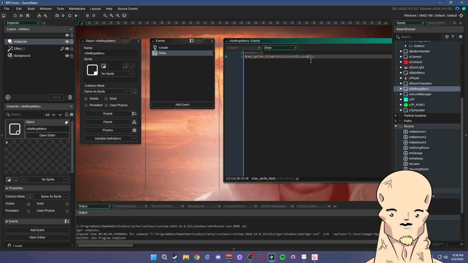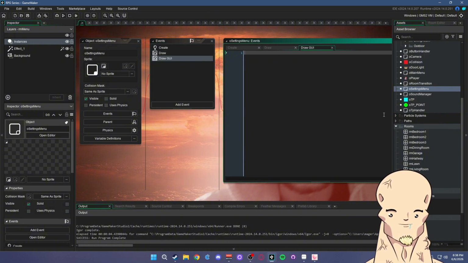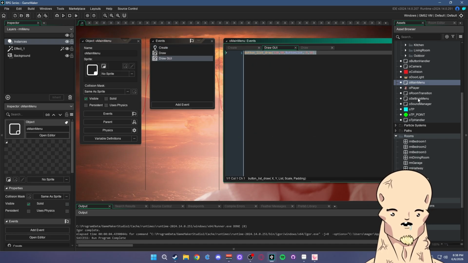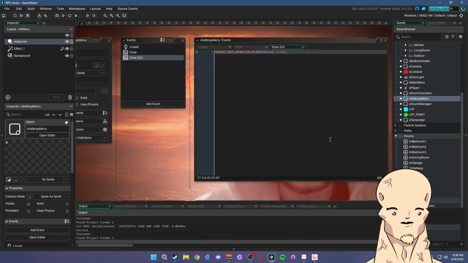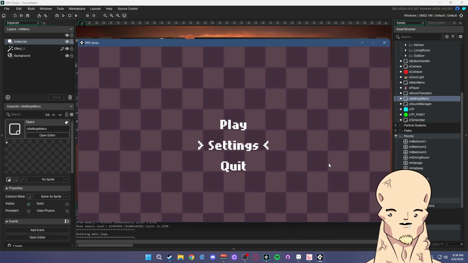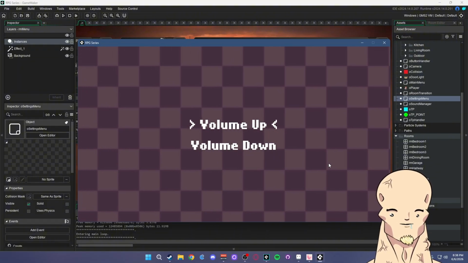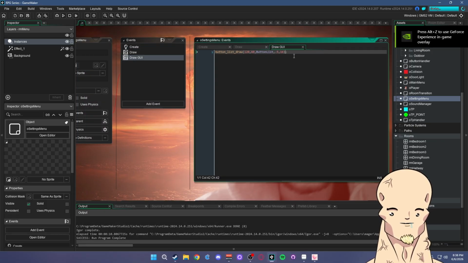And now we're going to say in the draw GUI, and this is actually going to be the exact same thing that we had in the menu. The button list draw, I'm doing it in the middle, 60 on the Y, button list 0.5, 16 for padding. So now if I go ahead and run this, and I go to settings, now we see a volume up and volume down. If I hit enter, obviously we can't hear the volume, so we are going to make